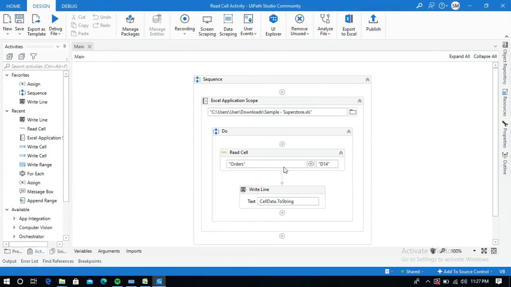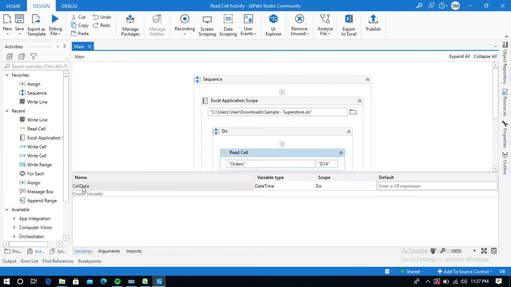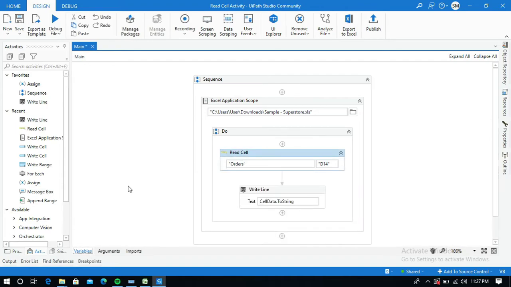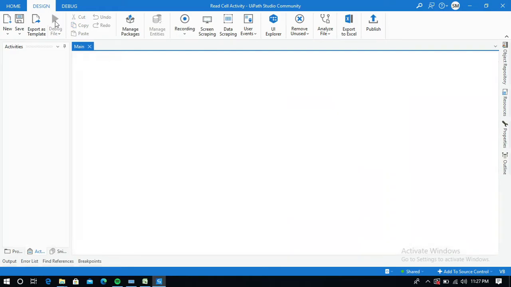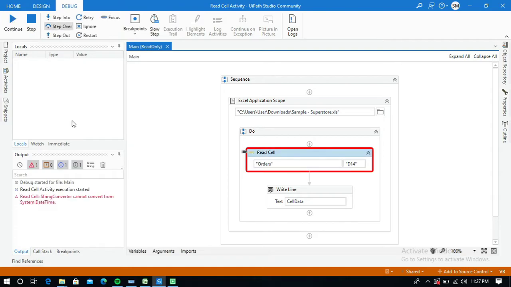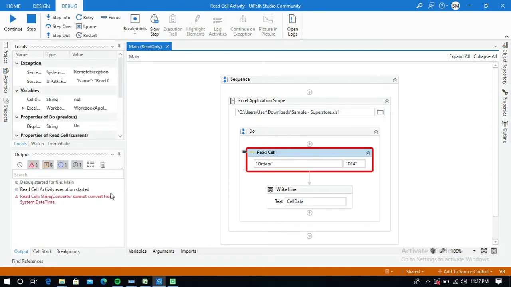And what happens if you don't give this variable type? Let me change this to let it be string. You will definitely get an error, right? See, you got an error, right?